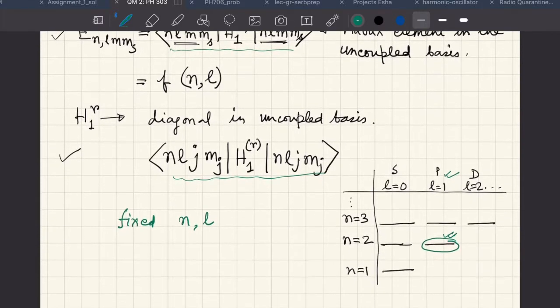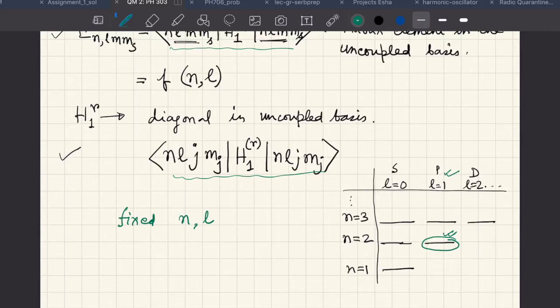In the coupled basis, we are also looking at the same subspace with n and l fixed, and they have just reorganized states with the values of j and mj, or to be more precise, with two values of j and several values of mj. Why two values of j? Because as we have seen in the previous lecture, j can be either l plus half or l minus half when we are talking about a spin half electron. So the coupled basis is another way to describe the states coming from tensoring that l multiplied with spin half.